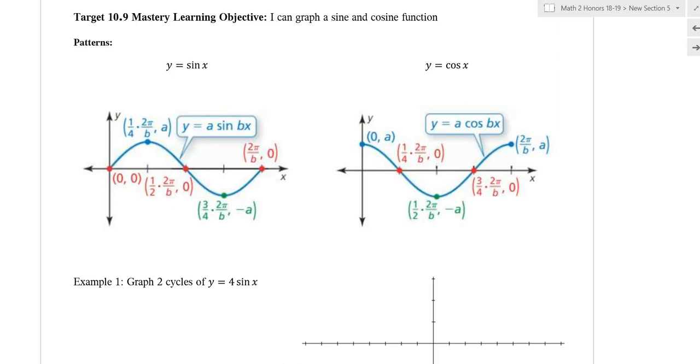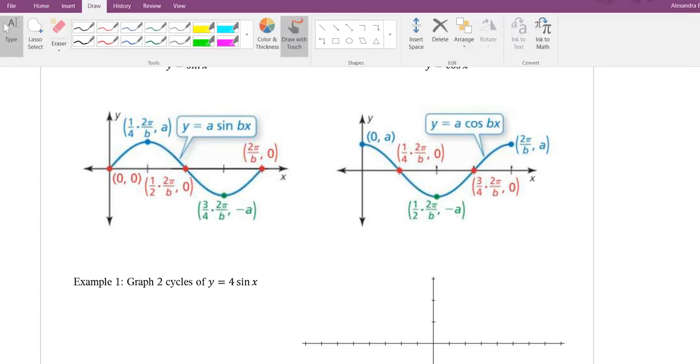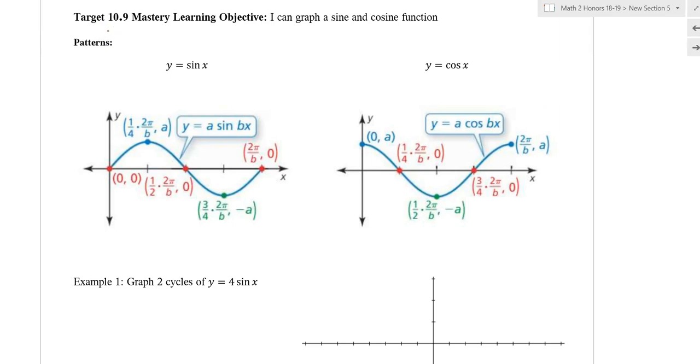All right, we're now looking at 10.9, which is graphing sine and cosine. So the first thing we're going to look at for sine and cosine is the patterns that those graphs follow. They follow two different patterns, which we've kind of talked about when looking at what a periodic function is. So first for sine, the sine of 0 is 0, so it starts at 0,